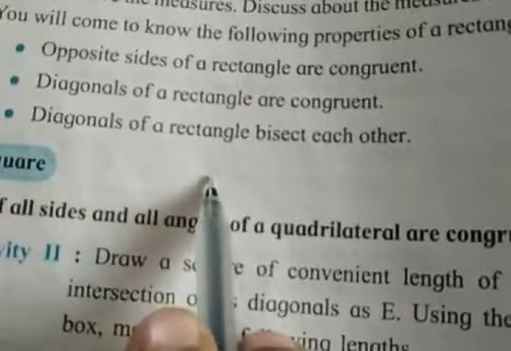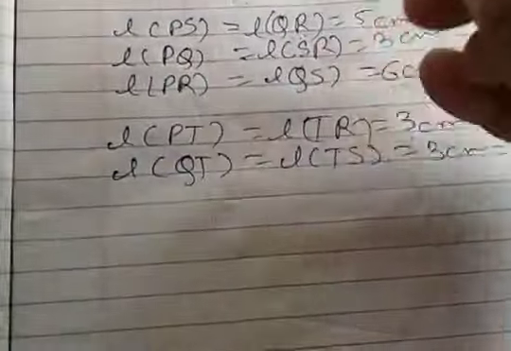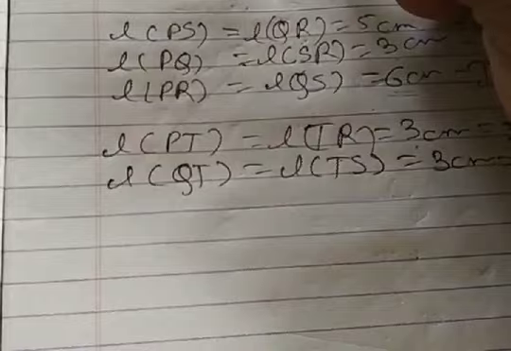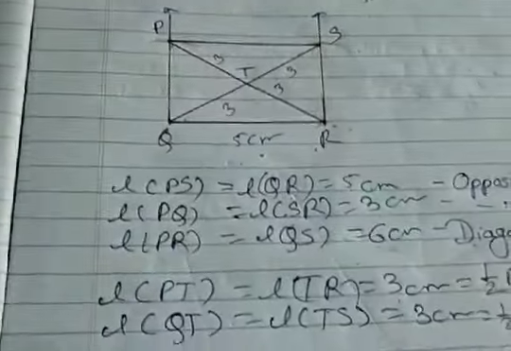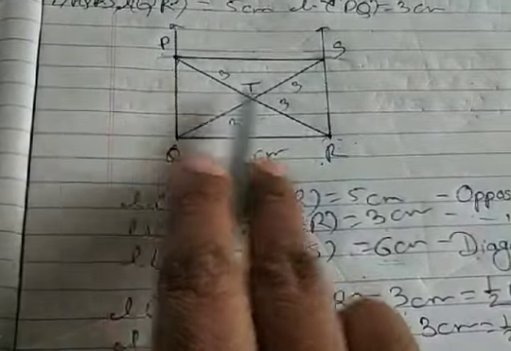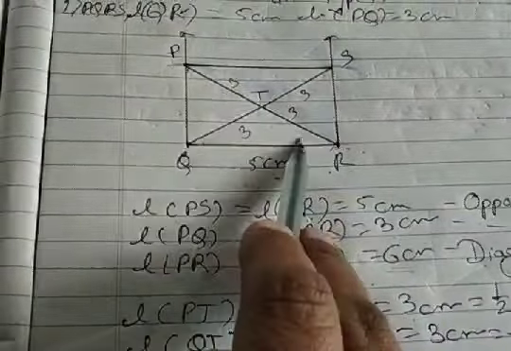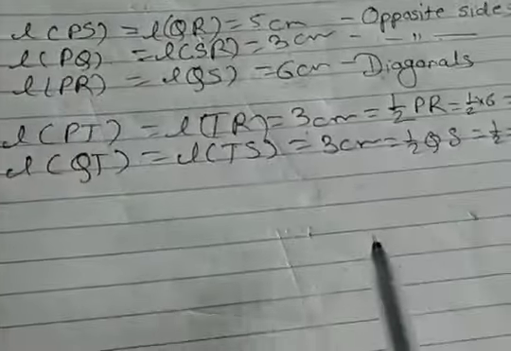They bisect each other, meaning PT is equal to 3 centimeter, TR is equal to 3 centimeter, QT is 3 and TR is also 3 centimeter. The meaning of it is that if PR is equal to 6, then PT is 3 and TR is 3, which means half. So they bisect